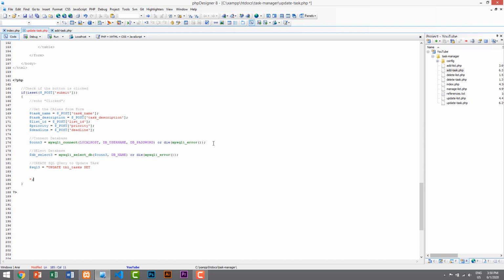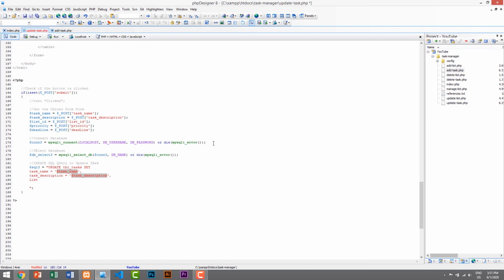At the end I will add a semicolon, and here we will set the values for task underscore name is equals to dollar task underscore name, and then task description is equals to dollar task underscore description, and then